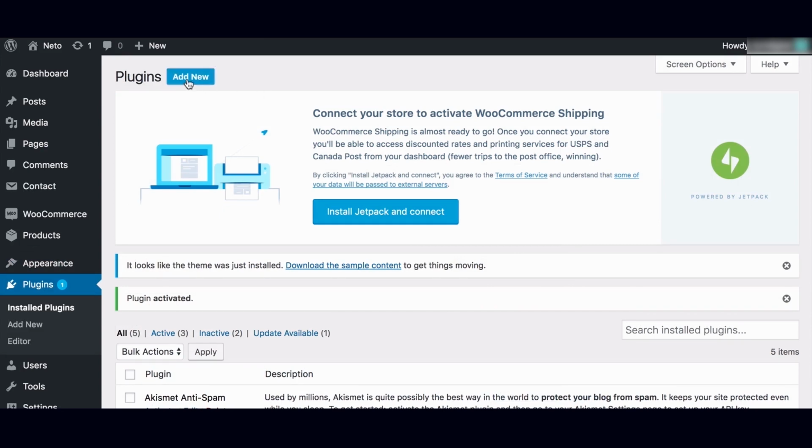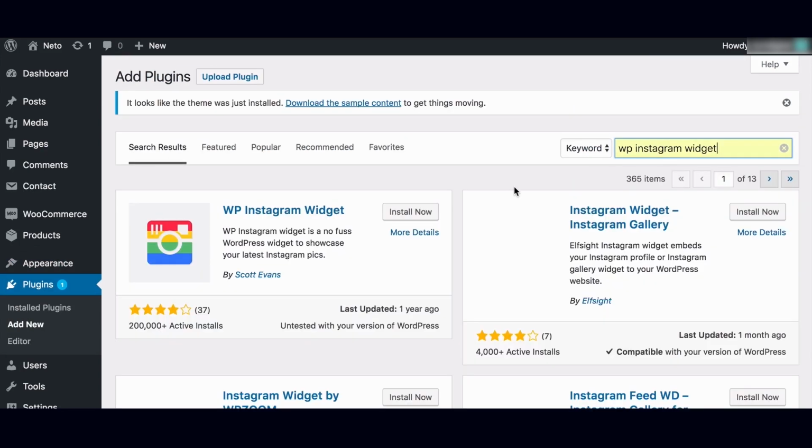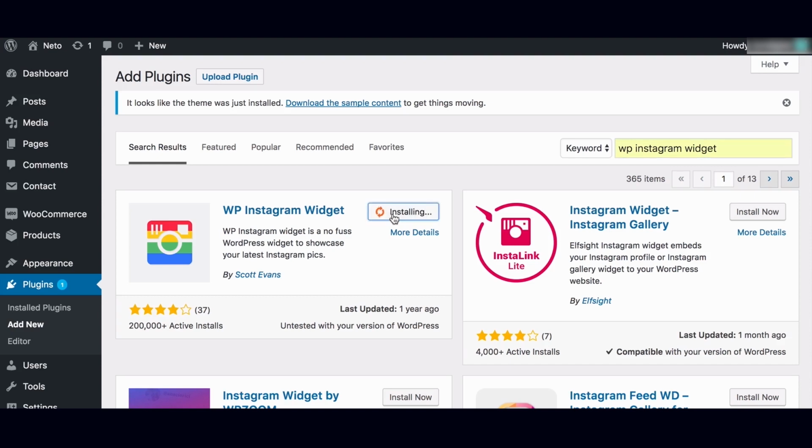Select Add New, search for WP Instagram widget. This one's by Scott Evans. Everything looks good, but it isn't tested at the moment with the latest version of WordPress. Generally, if you see this, you should be mindful of what you're installing. In this case, however, I've tested it and it's not going to cause any issues, so we're okay to install this plugin. Select Install Now